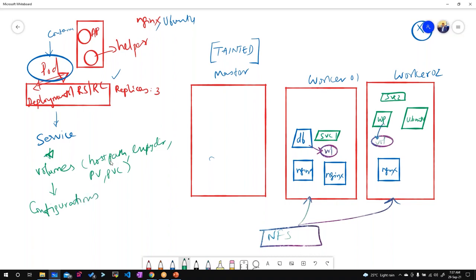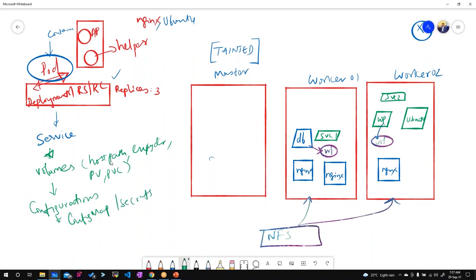Okay, correct. I cannot hard code, right? I cannot hard code what is the name of the DB service, what is the DB name, what is the DB port number. I cannot hard code, right? So I should have a configuration. Even in Docker, we gave configuration like volume mounts and all, right? Similarly, we can give configurations to the pods using config map or secrets.